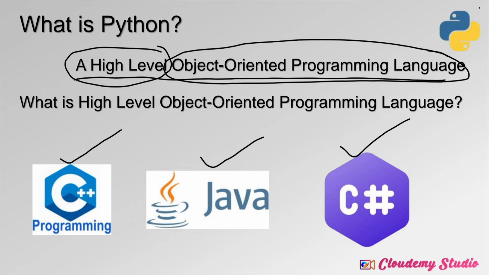A high level programming language does not directly interact with the computer and the device hardware. In C we can directly access the computer's memory using pointers. But in the case of Python, there is no direct memory manipulation and memory access feasibility. So therefore Python is considered a high level programming language. Using a high level programming language, you do not interact directly with the computer and the device hardware. This is the concept of the high level programming language.